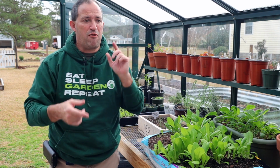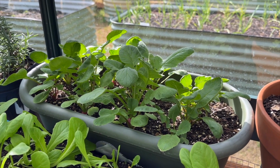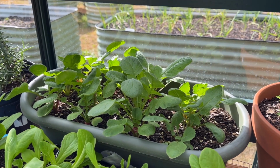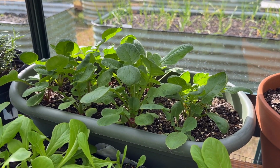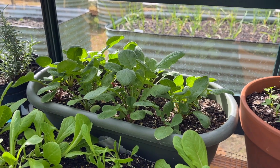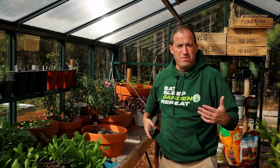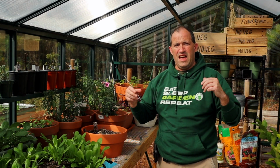So let me turn the camera around. We'll show you the back half of the greenhouse. Behind the lettuce, I have a container of radishes, and they're doing quite well. I'm hopeful I can harvest them maybe in the next few weeks. They haven't been growing, I don't think, as fast as they normally would. And I think part of that is simply because, you know, it's shorter days, less sun, and of course...